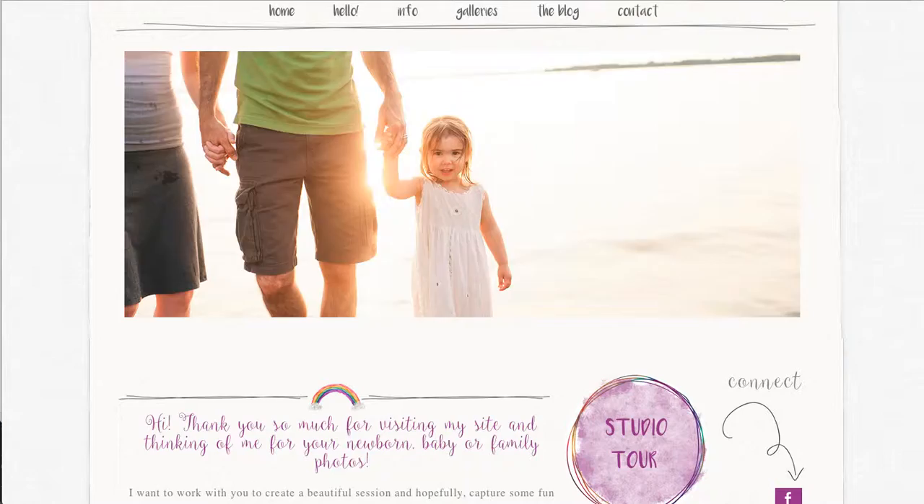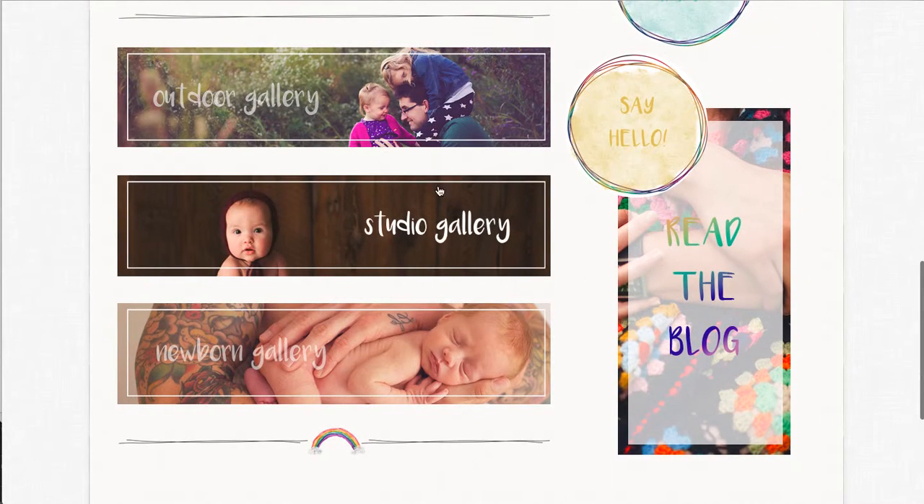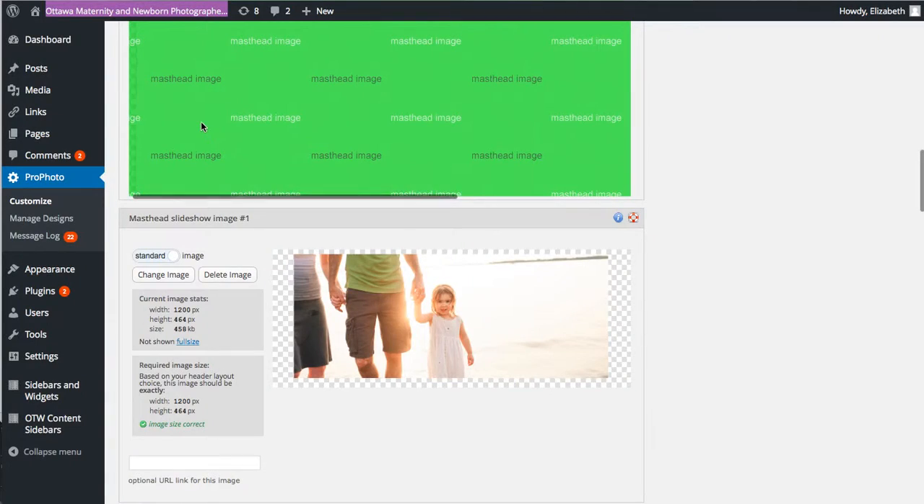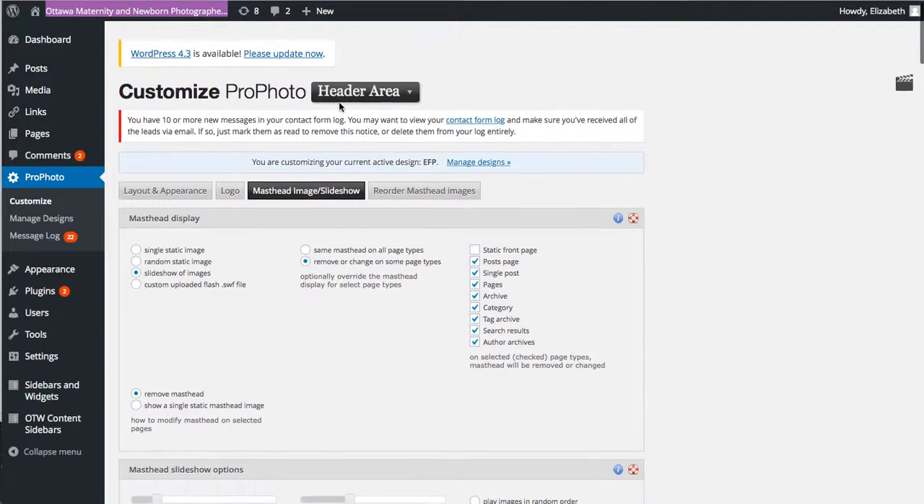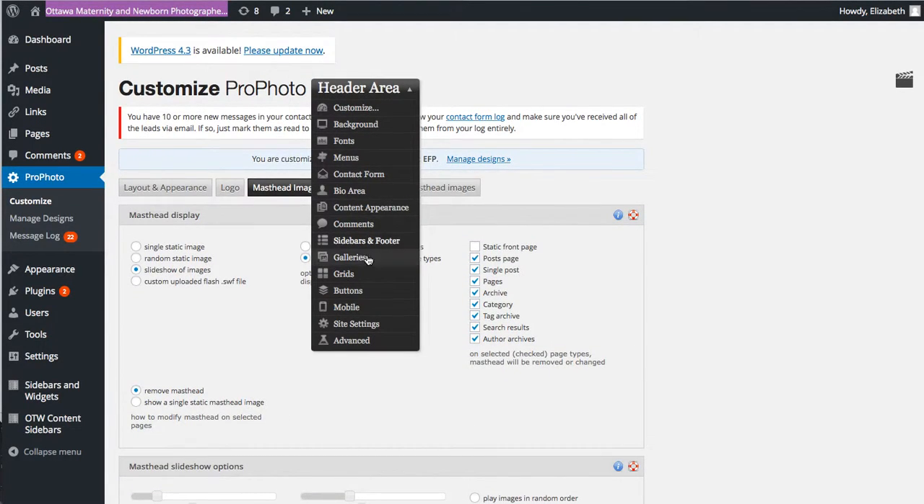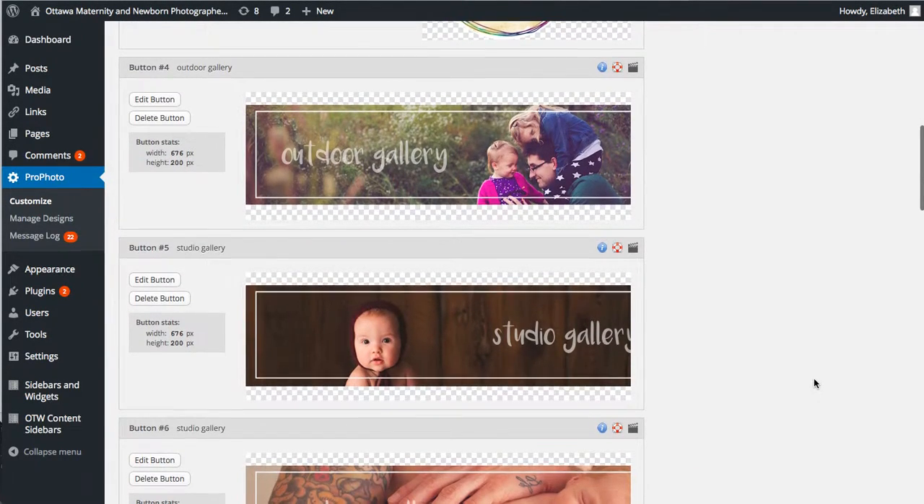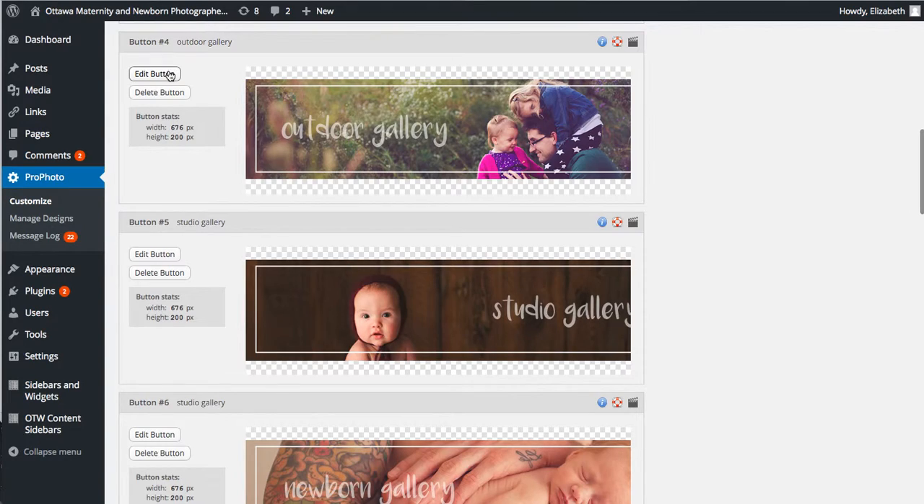Now for the buttons that you see, these three right here, if you ever want to change the images out in the back of these or the read the blog, you will go back up to your little menu here in ProPhoto and go down to buttons. Now this is a new feature that's on ProPhoto 5, and it's pretty awesome. Just scroll down to edit the button. So I've got this set up super simple so that you can change out your images. You just click Edit Button,